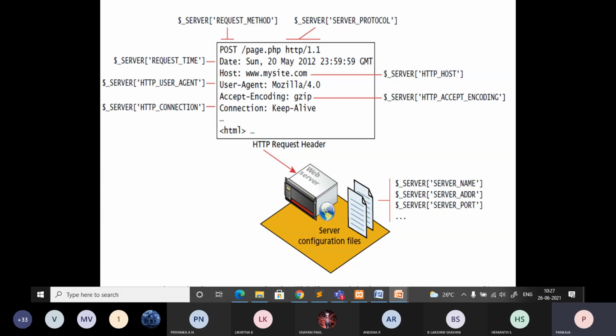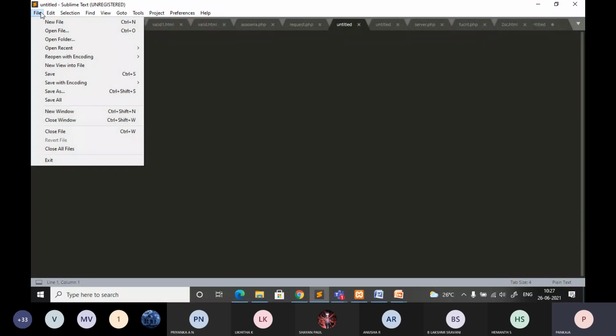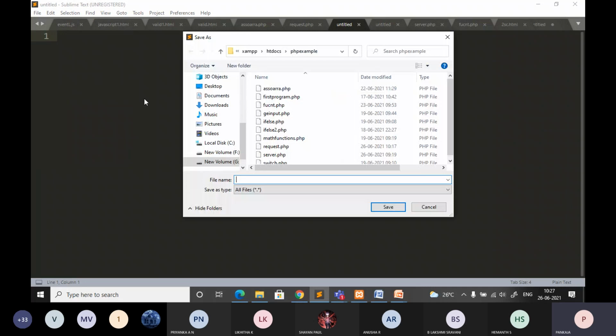Let's do one program and we'll check all the possible values we can get. Here I will directly write the PHP code. I don't want to embed any HTML, it is not required. I will just write a simple program for the server.